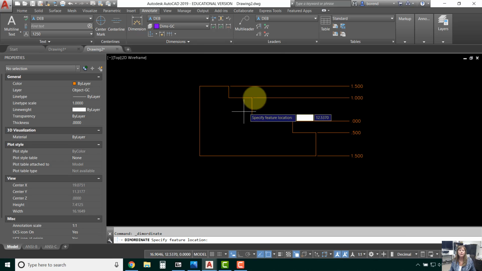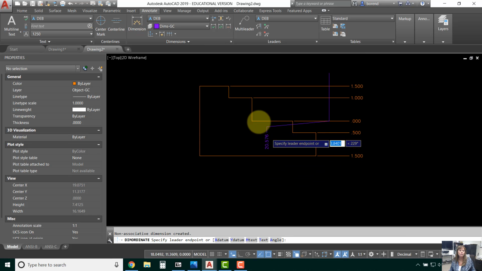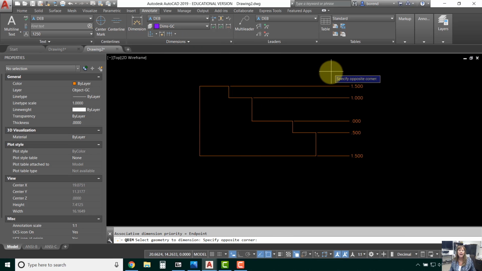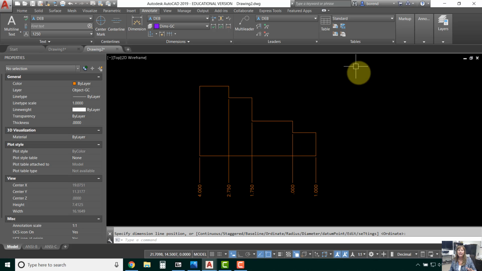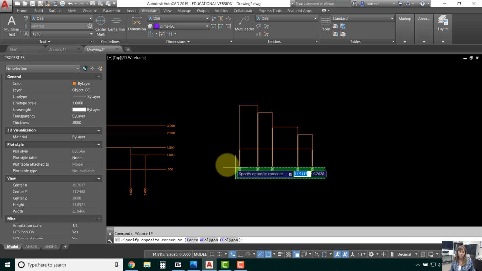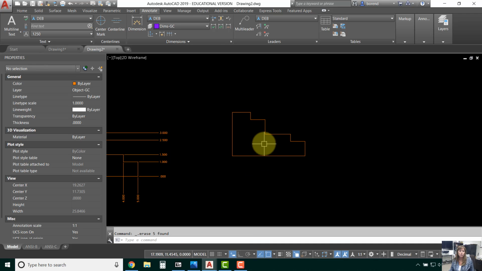If I do an ordinate dimension and I use quick dimension and do a crossing window again, it moves my datums from one side to the next. It is the window option, not the crossing option, when I select it. So again,